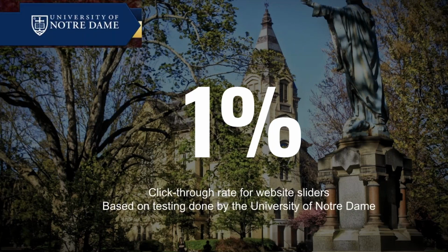This is actually a click-through rate for website sliders. And this is based on the testing done by the University of Notre Dame. Only 1% of the people, they ran this test for 6 months on their main website. They had a slider going on there. Only 1% of all the people clicked on the slider, and 89% of those people clicked only on the first